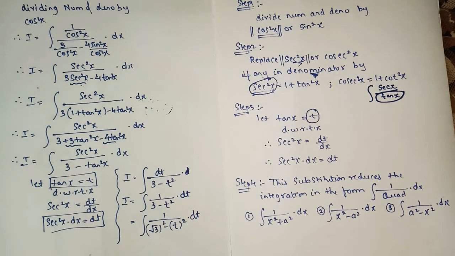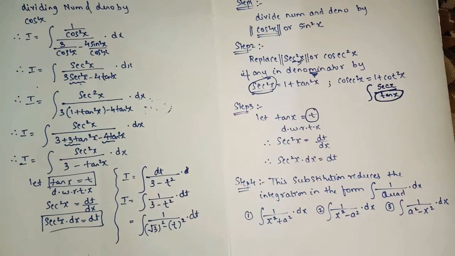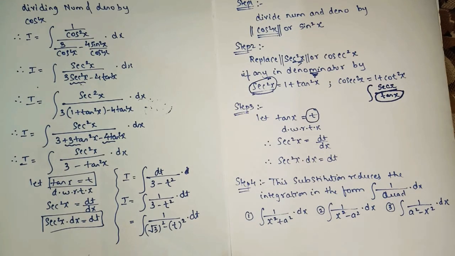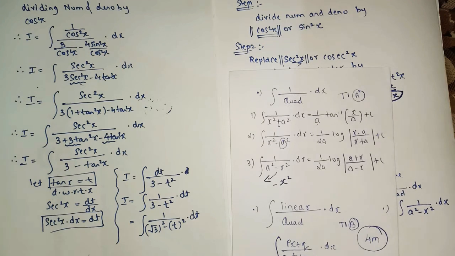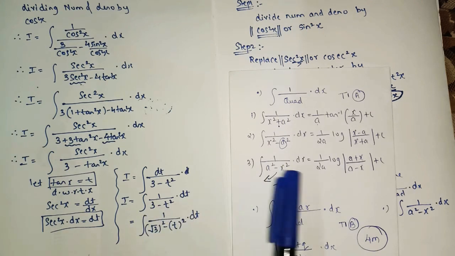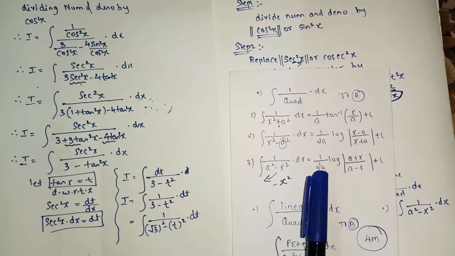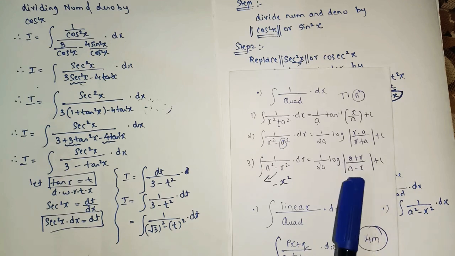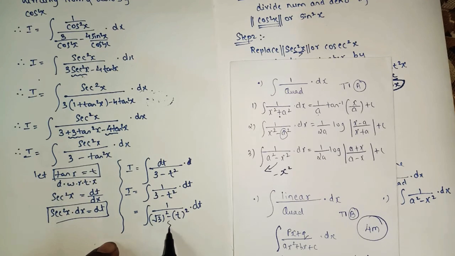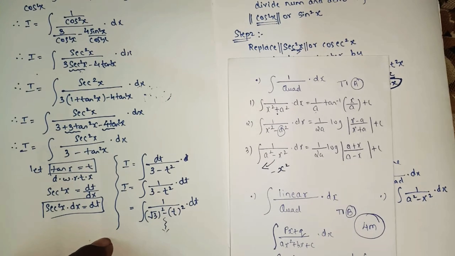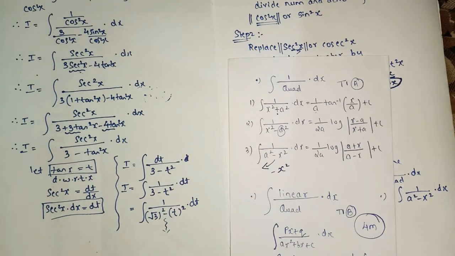Okay, so here clearly we can see that the middle term is absent. So now we'll see which formula we have to apply here. As the first term is a number and the second is a variable, this integral looks like what? 1 upon a square minus x square. And what is the integral of 1 upon a square minus x square? It is 1 upon 2a log mod of a plus x upon a minus x plus c. And I hope the rest you can solve by yourself. So please try the remaining section by yourself.